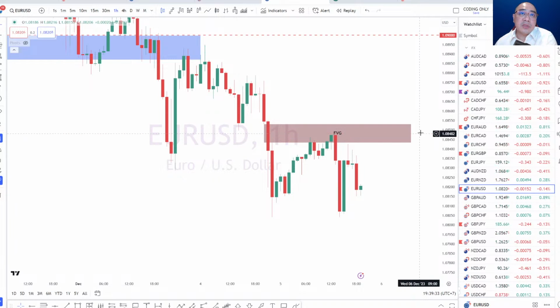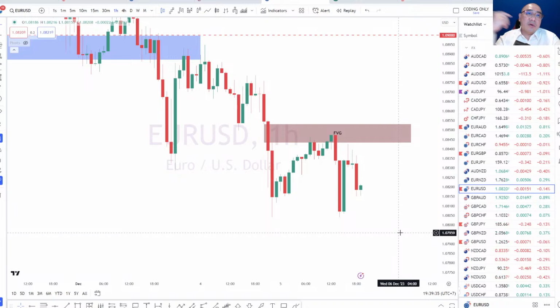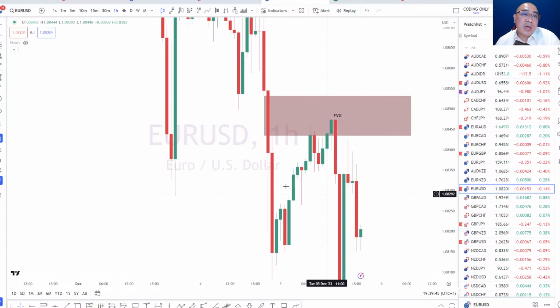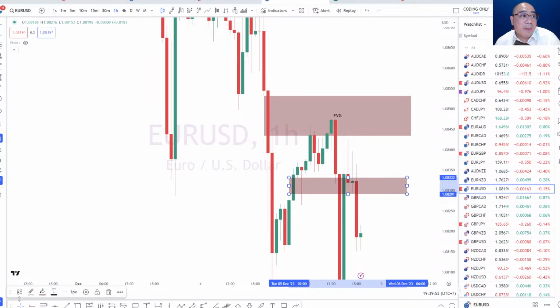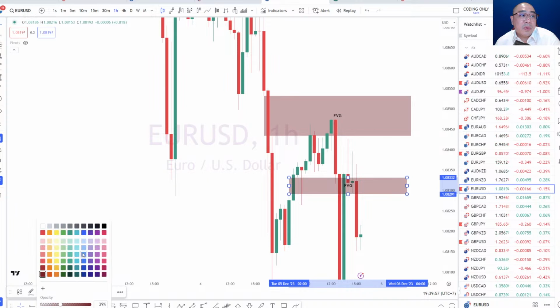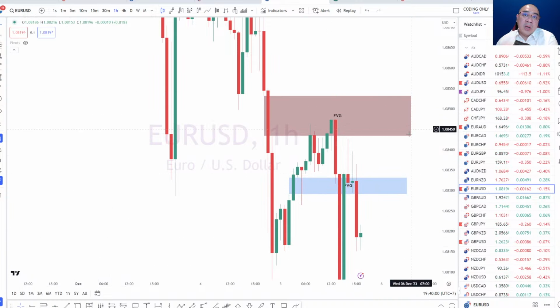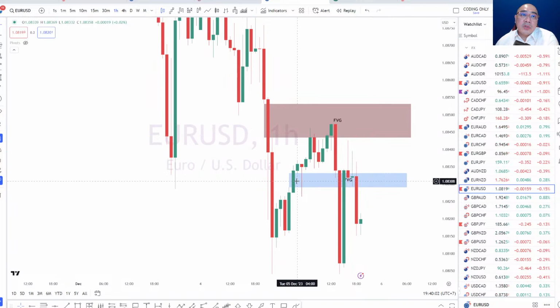So I don't really like to use the CE level. Anything that goes into the fair value gap, to me, becomes an active resistance or an active support. Now, if we take a look at the run up here, is there a fair value gap in the market? There's actually a small fair value gap here, which is probably more of a bullish fair value gap, and it becomes something in the future as well. I'll just change this into a blue color, right? So the darker one is going to be a bearish one. The bullish one is a fair value gap that we can identify just from here, okay?